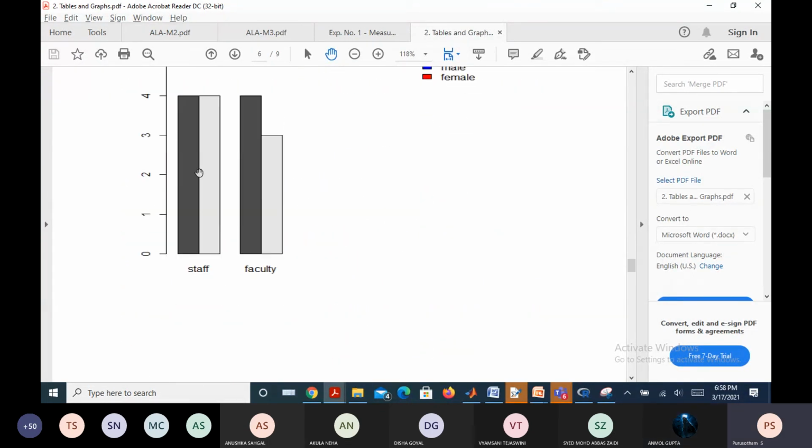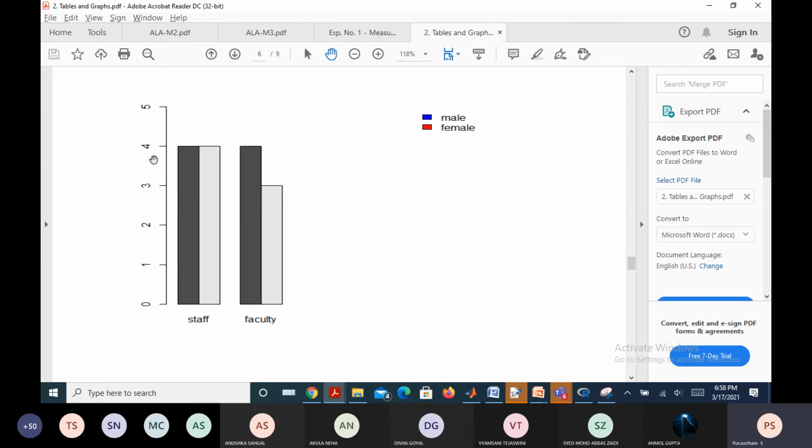In this, the vertical axis shows some information and one color is there. In staff, there may be some male and some female, right? Now this is supposed to be male. Let us imagine this black color is male and this gray color is female.